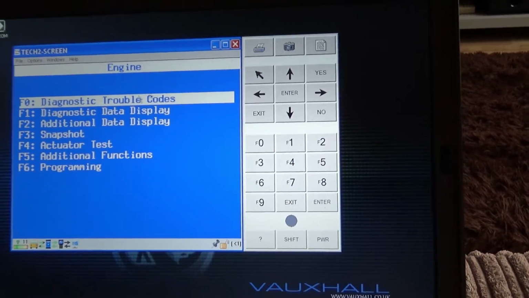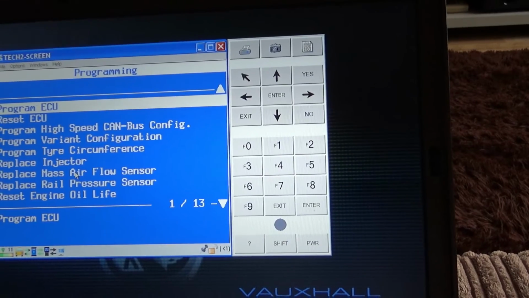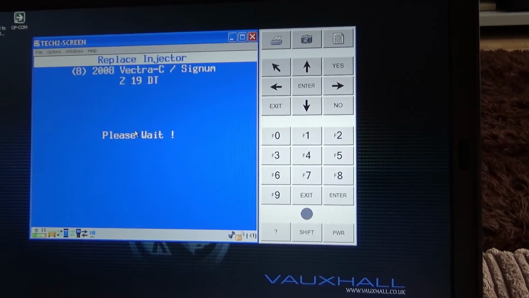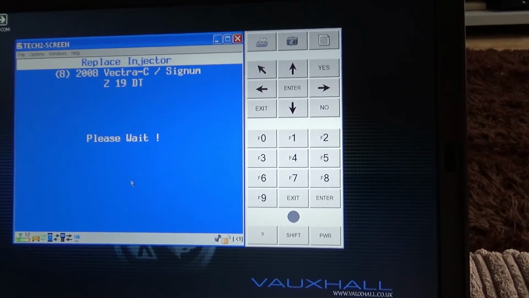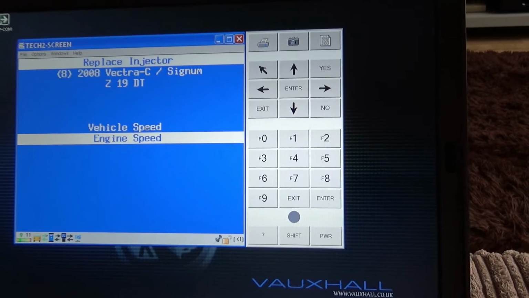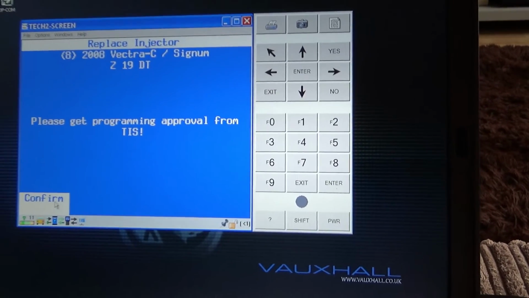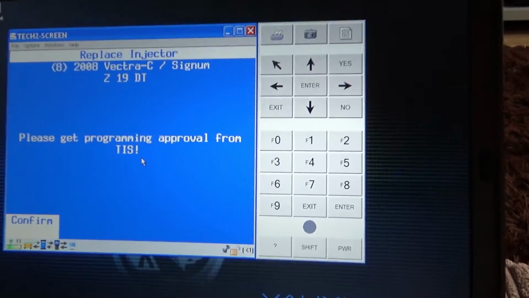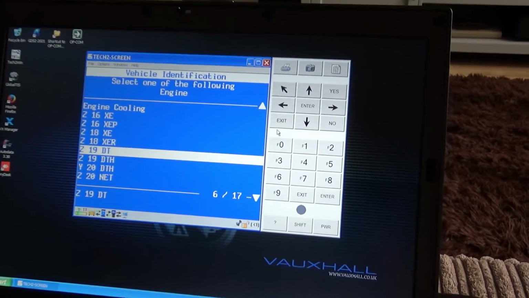In this case you don't have to do it that way. This is a slightly easier way of doing it. So if you're going into programming, for example replacing injectors, now usually at this point it would be asking for security access. There you go, it's just popped up. So it's asking for security access to get into that menu. So if we press confirm on that and we go back,